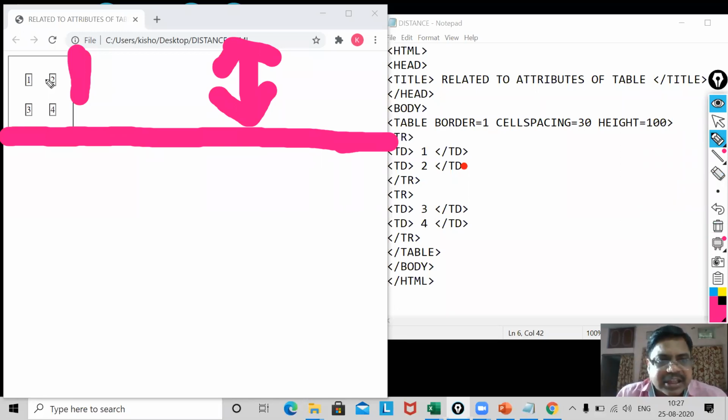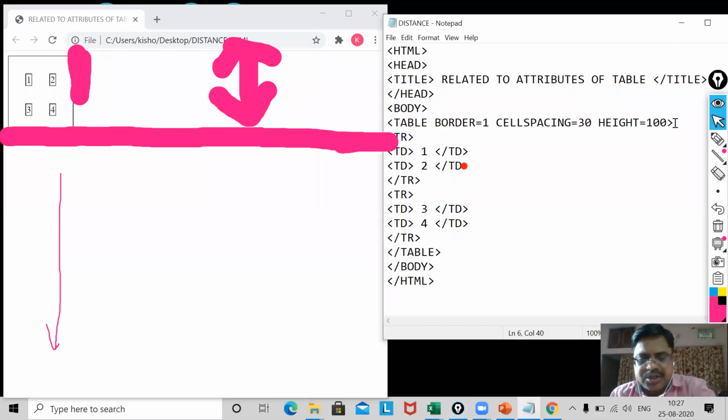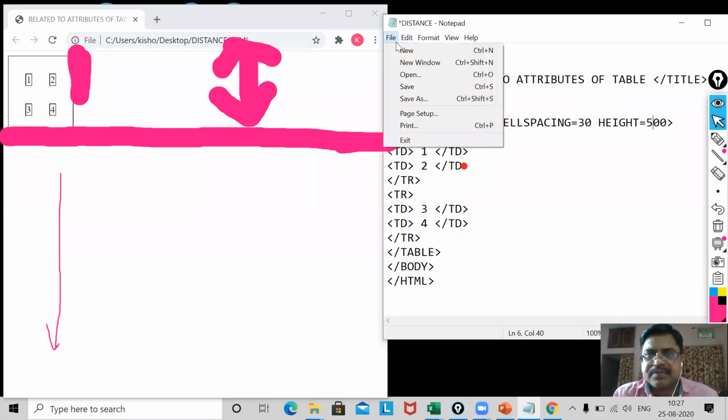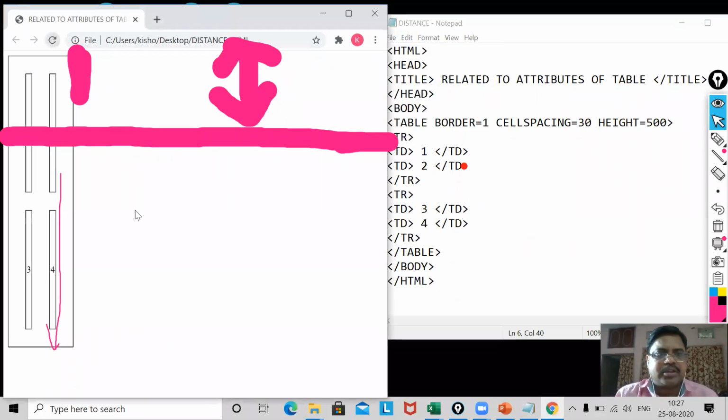In this case, this way your height will be increased. Now you see. I'm going to increase 100 to 500. You see. I saved it, and I'm reloading it. You see, what happened? In the vertical way, the size of the table has been increased.